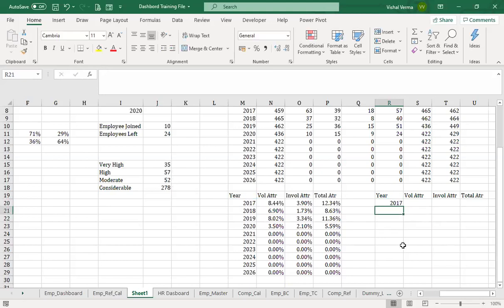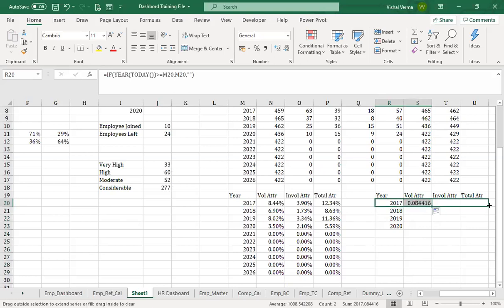Let's see if it is working. It's fine. So till 2020 we are getting this data, and the rest we are not getting. Just drag it. So we have got this percentage here and total attrition. The formula remains the same, and just drag it down.